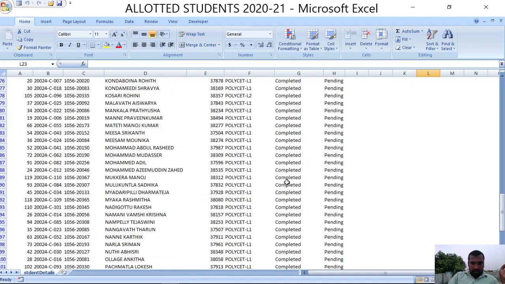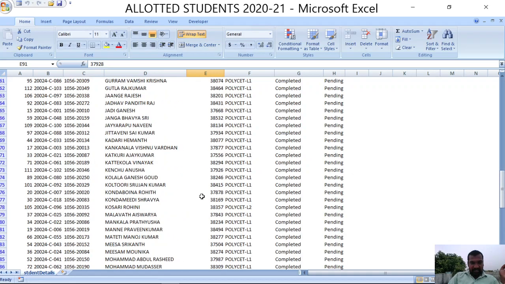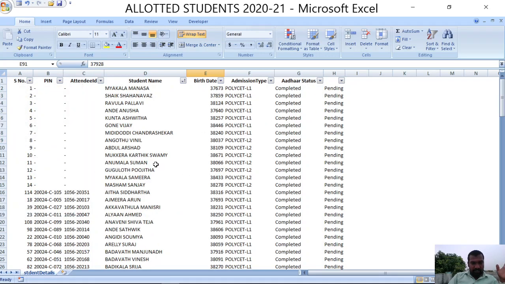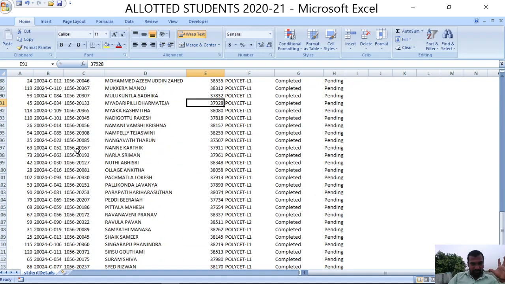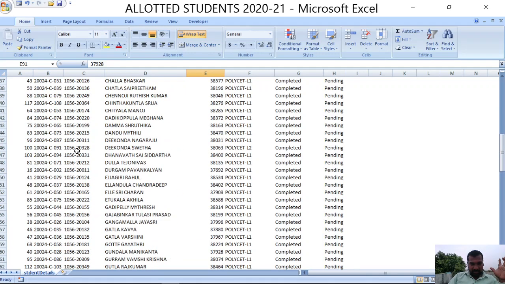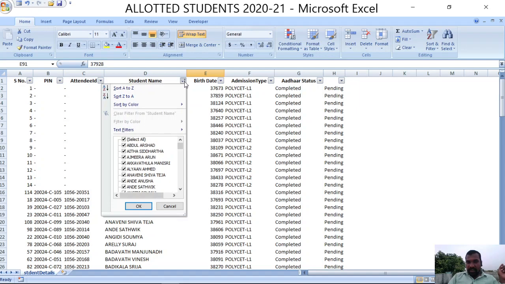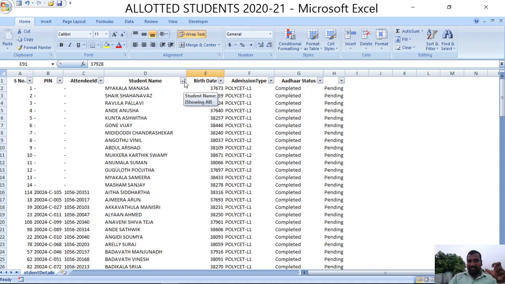So this is the admission list, right? So here now I am clearing the filter. It is going to display all the 120 students' records. These students' records are not in proper order; they are in alphabetical order. So you can observe here, this drop down button doesn't have any special symbol, and this drop down button has some symbol here. An up arrow displayed beside the drop down button means it is applying some filter, some sorting.